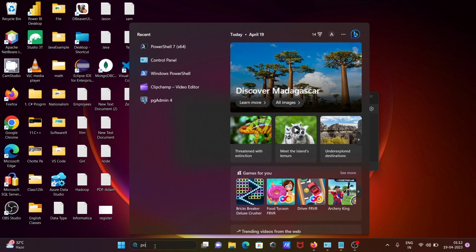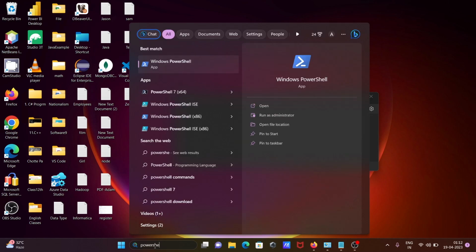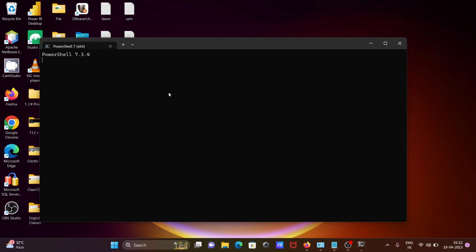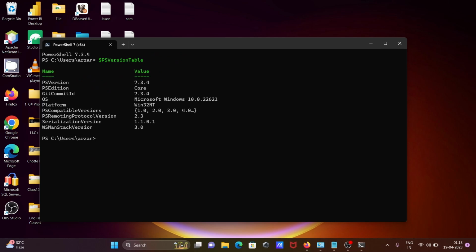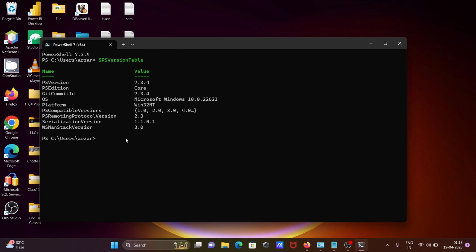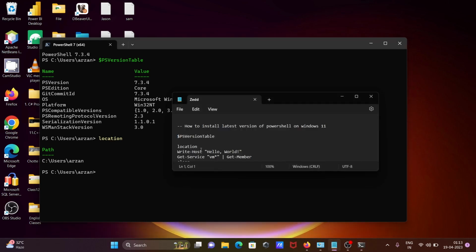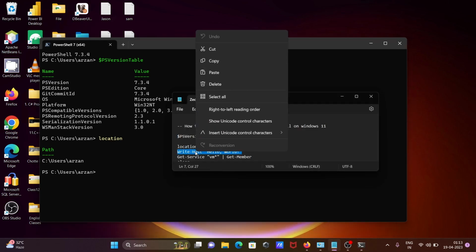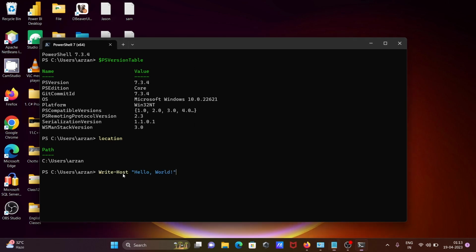Let's write here PowerShell 7 that I just installed, and after that, if I write PS version table, this time you can see the 7.3.4 version comes up. After that you can perform any kind of operation, like checking the location. You can see this is the location here, and after that, if you want to print hello world, for this we need to use this command,